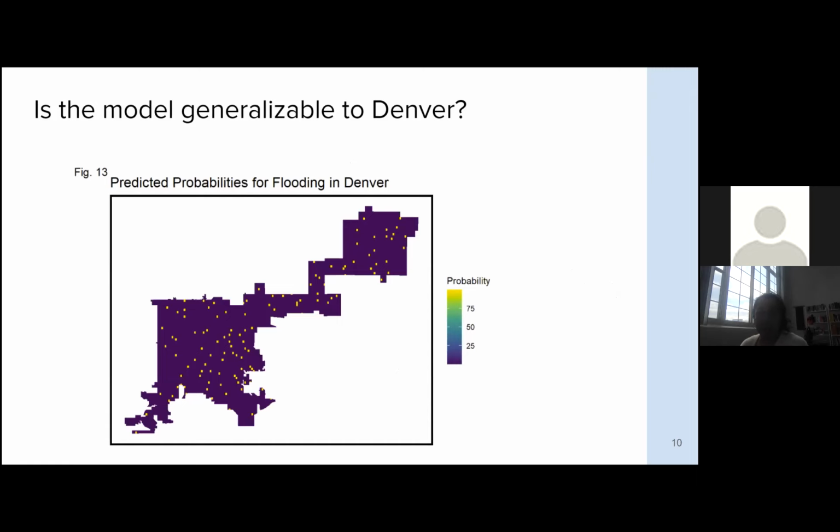Denver was chosen as a similar city based on relative size, mountains, climate, and urban life. The exact same process was completed for feature engineering. The model was run and is visualized here. While the model does not work as well as anticipated on Denver, the predicted areas of flooding slightly align with